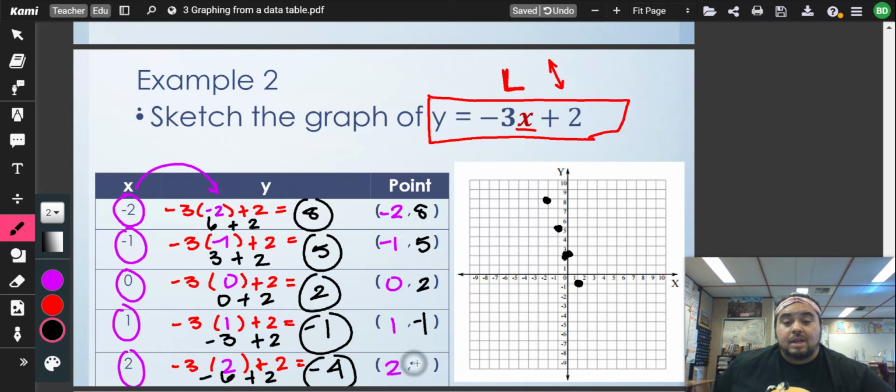2, -4. So starting from the origin, I go right 2, down 4. Okay. And now that I have all of these points on my graph, I'm going to connect them, trying to do better than me, hitting all the points. And we can see that it pretty much matches up exactly with what I thought the graph was going to